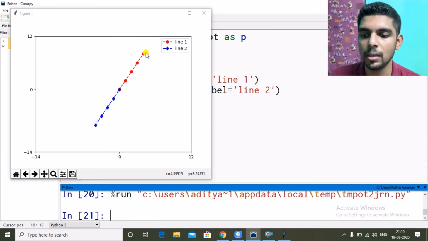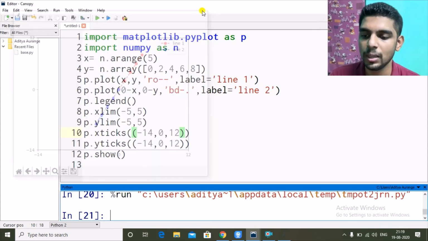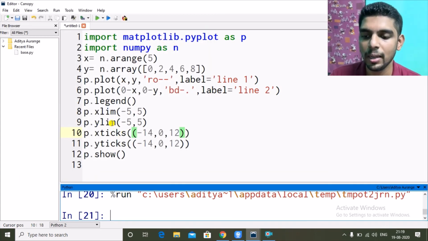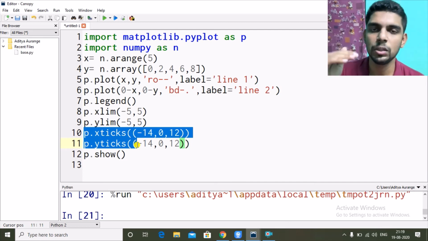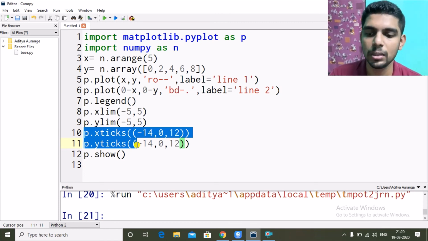This point is 4 and 8 in x and y respectively. So this x-ticks property overrode the limit property because it is defined after the limit property and it executes in a sequential manner. So it was executed at the end, so it had the impact on the result.